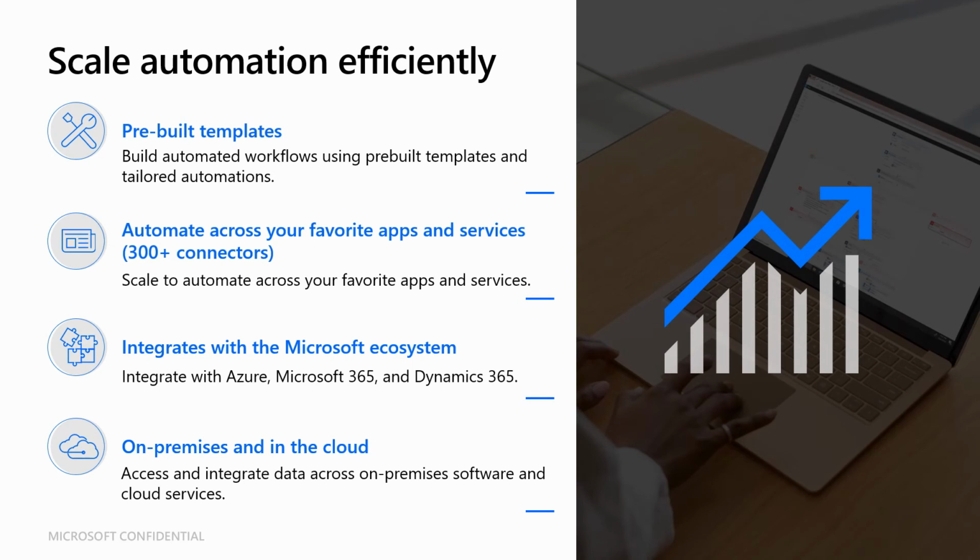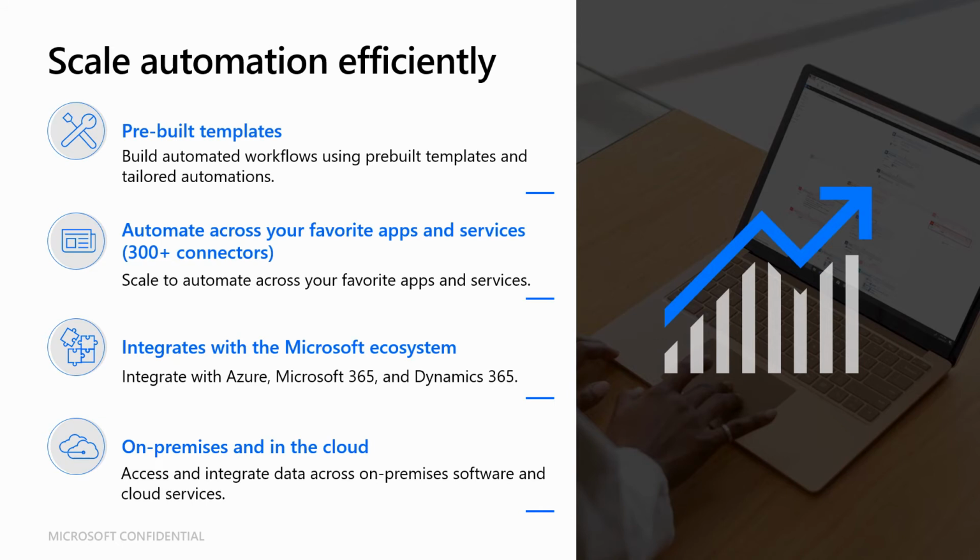Manual, repetitive, and error-prone tasks are a drag on the strategic thinking needed to drive businesses forward. To improve business process, organizations need an efficient way to scale automation across the organization. Some of the key ways they can do this in Power Automate is through the power of the Microsoft cloud services and the combination of DPA and RPA in one single automation platform. Key capabilities include automate legacy software using bots and screen scraping without APIs, and with SaaS-based robotic process automation. You can automate across your widely used first and